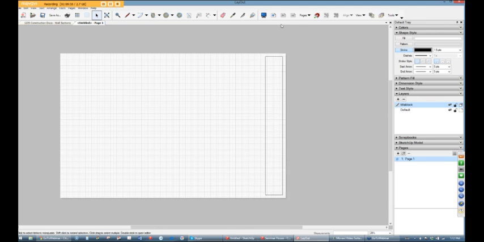Now if I make another page, I can hit the plus button up here in the toolbar, or I can hit the plus button in the Pages Manager. So I'll use it here, and I'll add a page. It's going to name them page 1, page 2, page 3. Eventually, I like to change them to something that makes sense, like title page, first floor plan, something of that nature. If I go to that page,